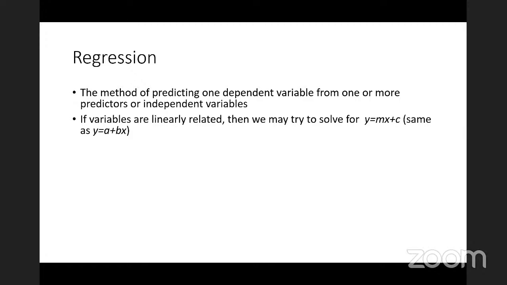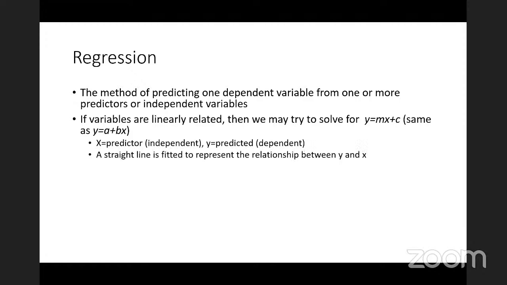We try to see if y and x are related. We have built straight line equations with errors. And over here, once we solve for y is equal to a plus bx, the x variables are the predictors. And what we are predicting, the predicted variable, that is the y, that is the dependent variable. So, the variable we are trying to predict is the dependent variable, and the predictors are the independent